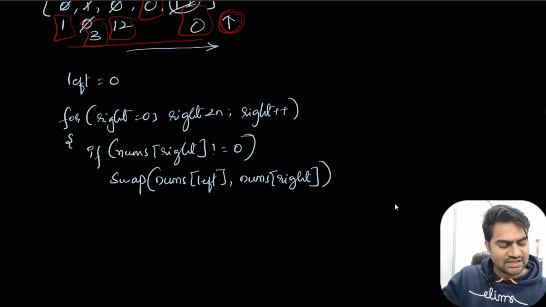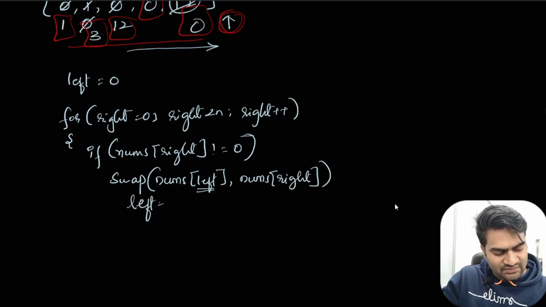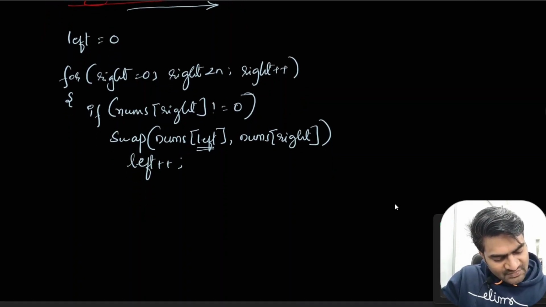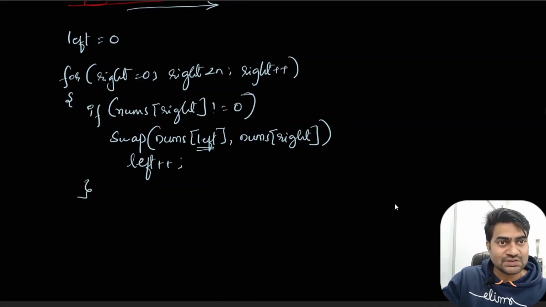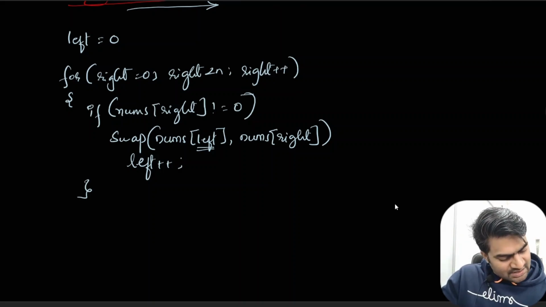Okay. After this, we will have to increment our left pointer. So I'll do that, left pointer plus plus. Then this is done. So at the end of our for loop, our zeros will be moved towards right. Okay. So this is the pseudocode